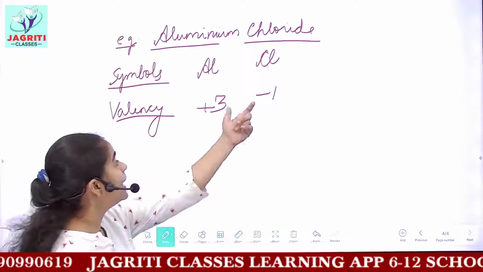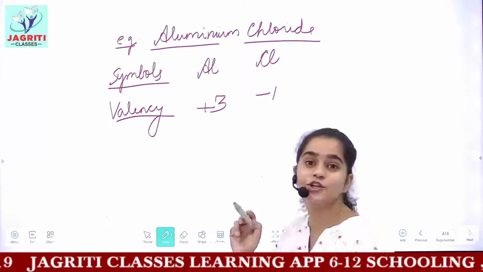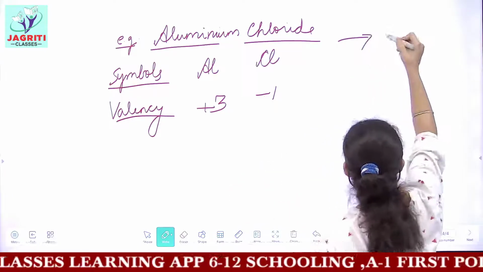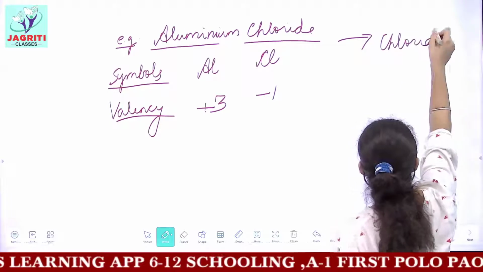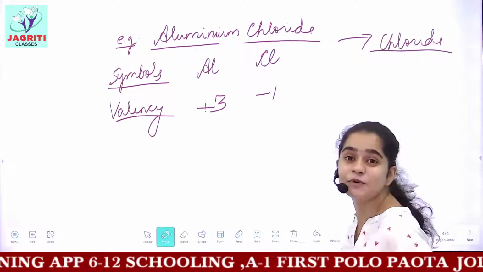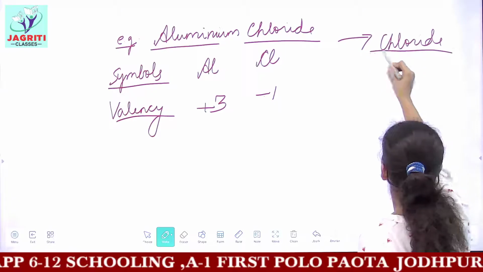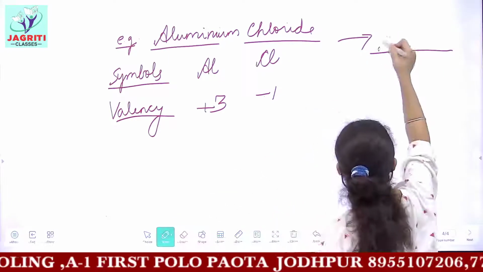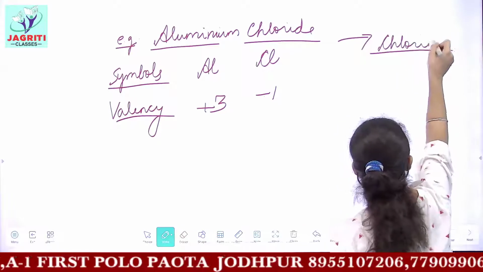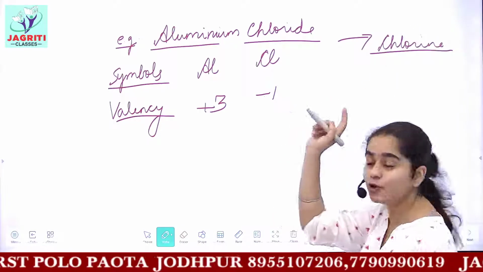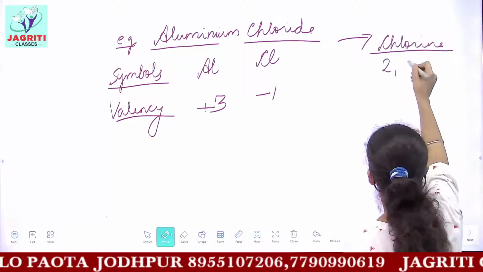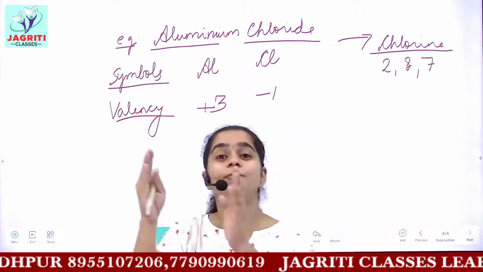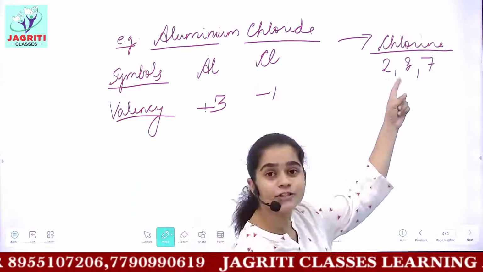Remember that any species having a negative charge on it is an anionic species. For example, I am discussing how this charge comes on these anionic species. So what we have is a chlorine atom here. If you consider chlorine, the electronic configuration of chlorine is 2, 8 and 7. That is, the number of electrons present in different shells is 2 electrons in the K shell.